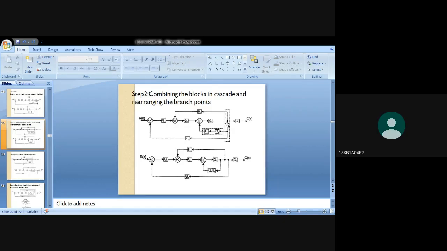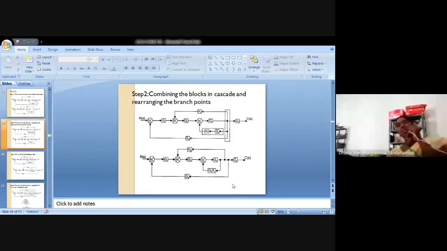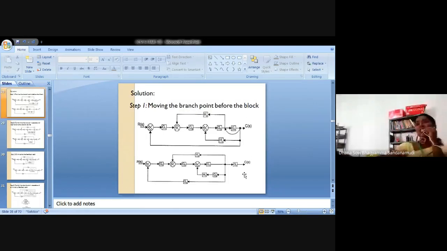Ma'am, G4 and H1 you connected for this and you split it in a different way, ma'am. If we split in another way also, do we get the same answer or not, I am asking, ma'am. You will get the same transfer function. Okay. So one thing, Amma, whoever is the examiner evaluating the paper will see what procedure the person has solved.